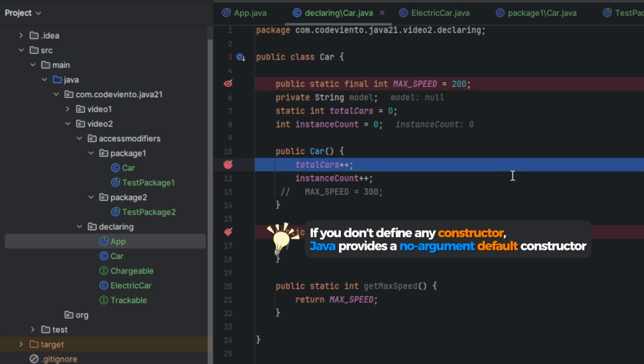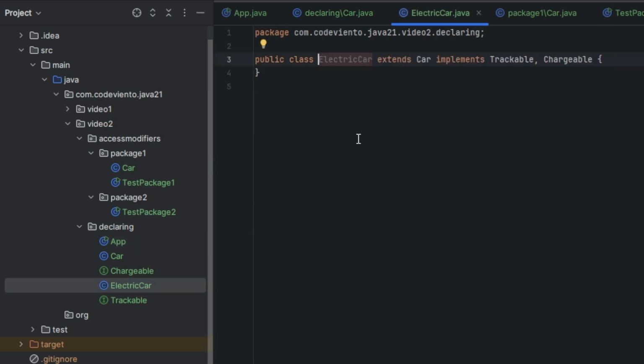If you don't define any constructor, Java provides a no-argument default constructor. Let's check electric car together. We have a class electric car here with an empty body.